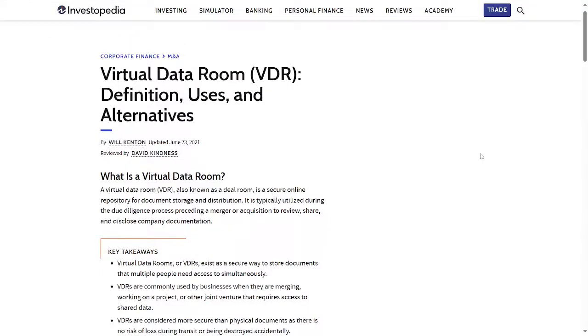Hello everyone, today we're going to talk about virtual data rooms, their definitions, uses and alternatives. So let's begin. A virtual data room, also known as a VDR, is a secure online repository for document